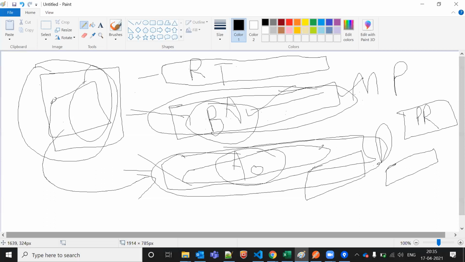When I create the PR, it shows the code difference, and the developers are able to see just that code, whatever the difference is only.